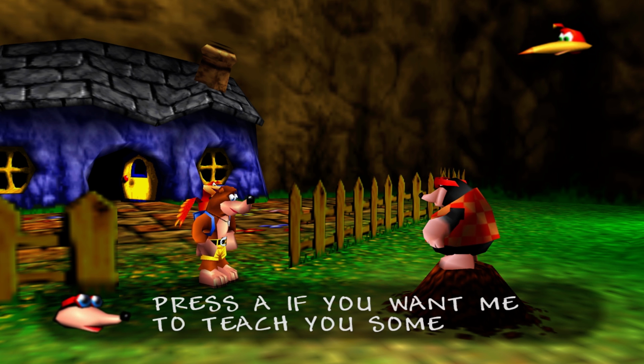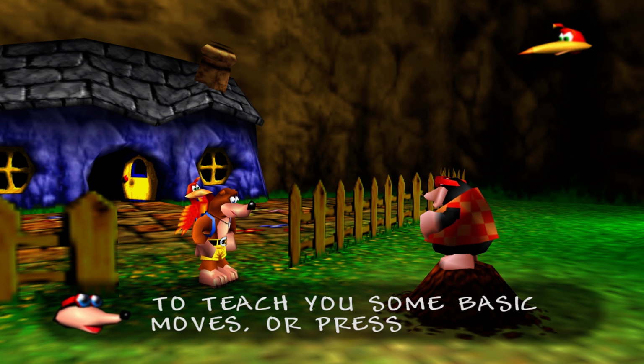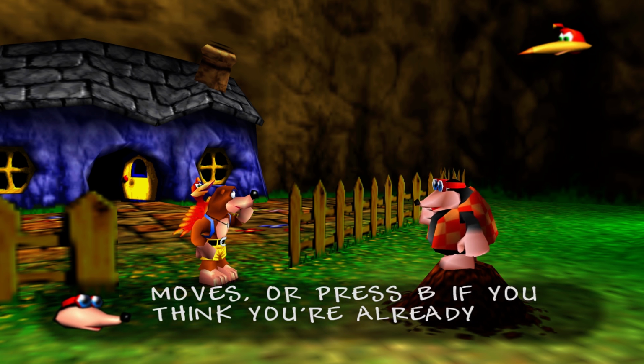Press A if you want me to teach you some basic moves, or press B if you think you're already